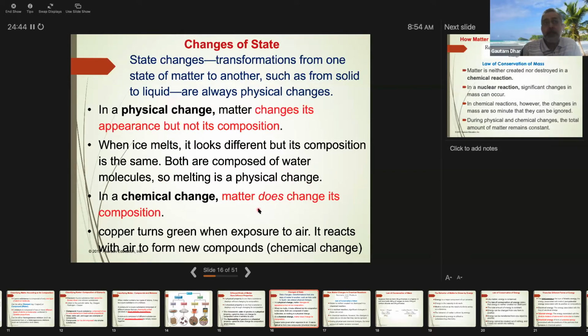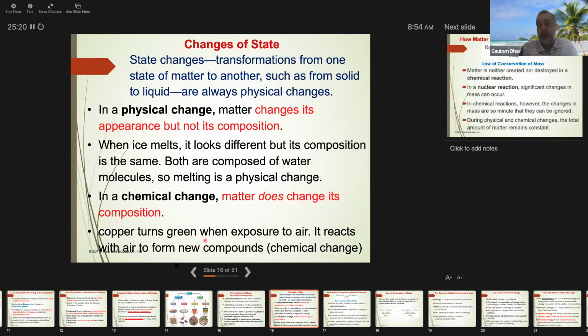And if you think of burning of gasoline, gasoline changes to gas upon burning, not just gasoline evaporating out, but burning to something else. So that's a chemical change. Then tarnishing of copper coins: copper turns green upon exposure to air. What happens is copper reacts with the components of the air, especially oxygen and water vapor. And carbon dioxide, if there's a lot of it, can form the carbonate. It forms a new compound, so the composition of the copper changes.